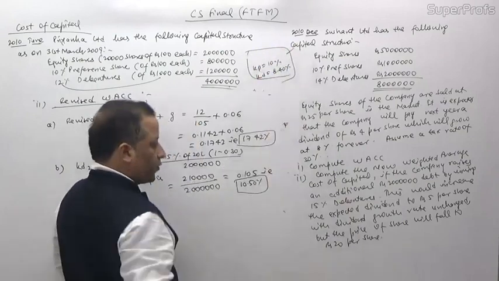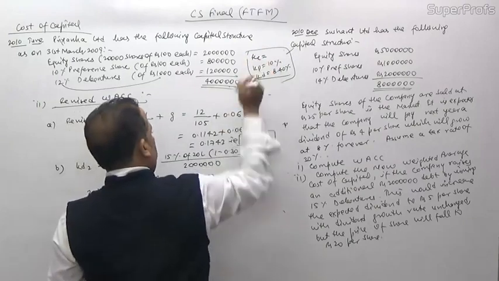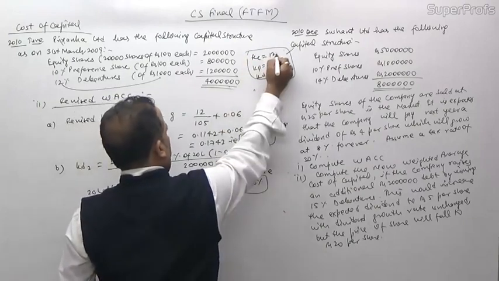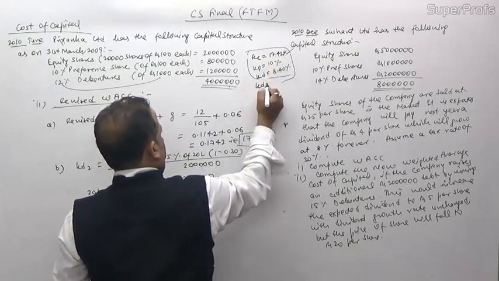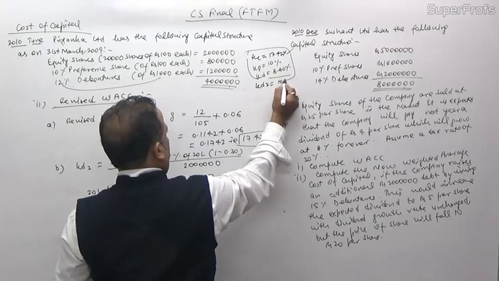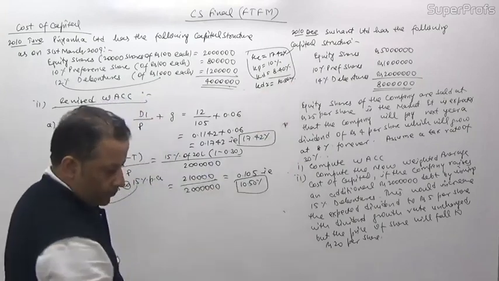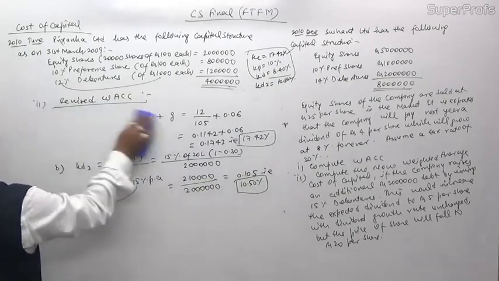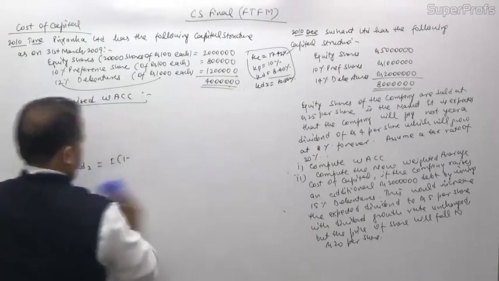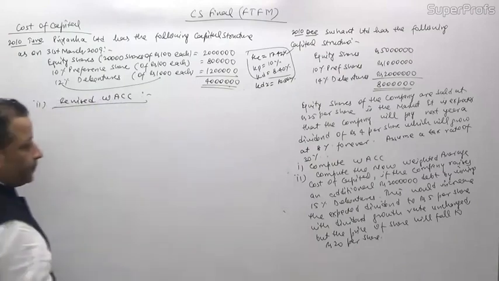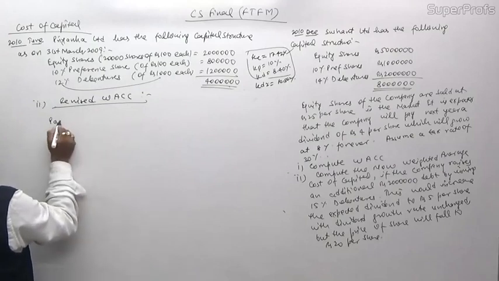So the revised cost of equity amounts to 17.42% and the cost of debt too amounts to 10.50%. So the revised weighted average cost of capital